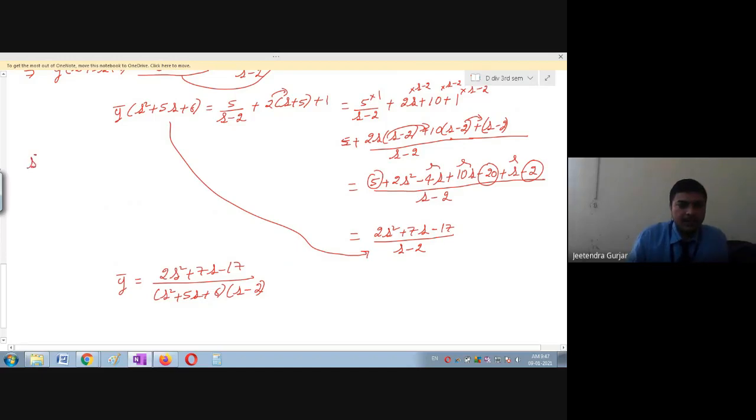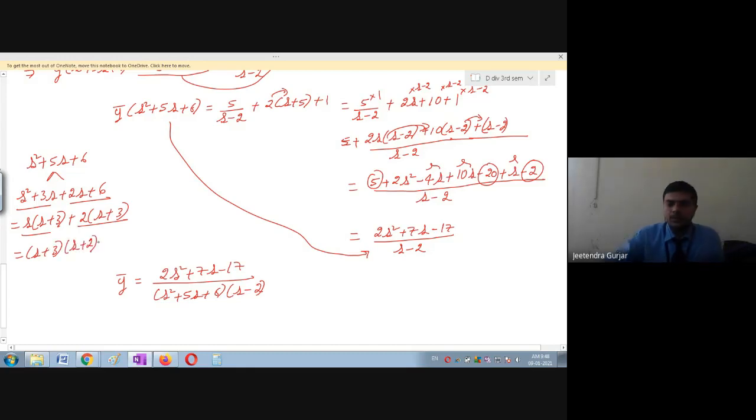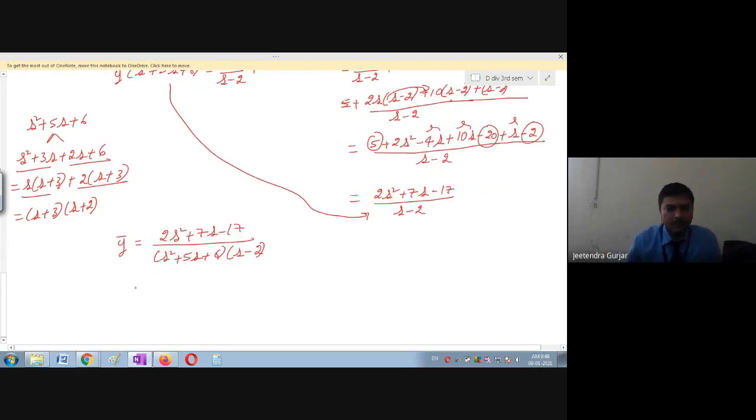So I will just show you the equation we have taken, s square plus 5s plus 6. I will split this such a way that it must be s square plus 3s plus 2s plus 6. Am I right? Please just check. From this and this, you can see s is common. This is s plus 3. Plus in this 2 is common, so this is s plus 3. So again in these two values s plus 3 is common, so one can easily see what is remaining here: s is remaining and 2 is remaining. Therefore, you must be fast now.